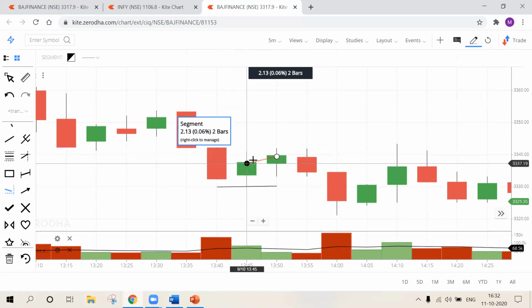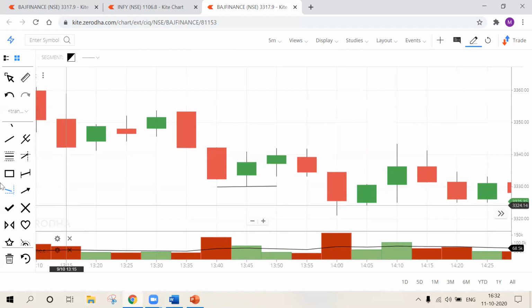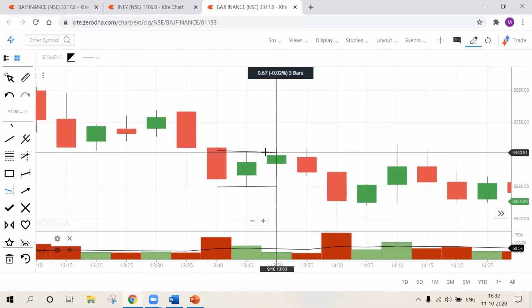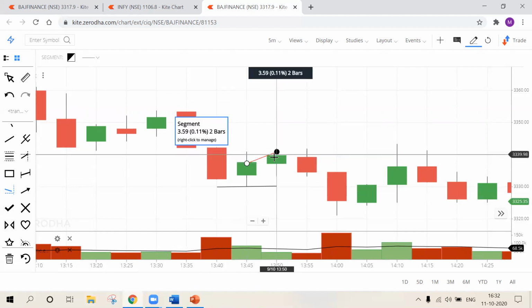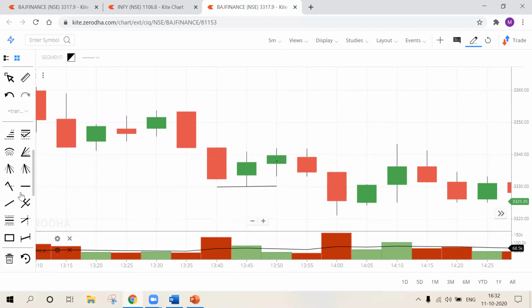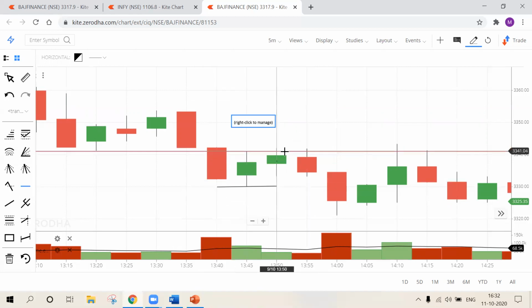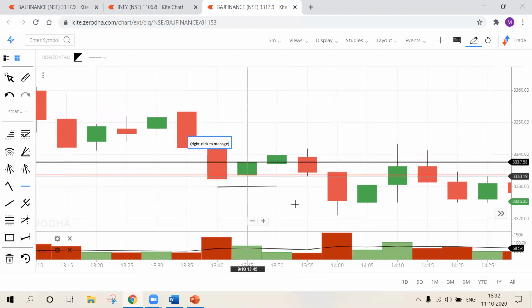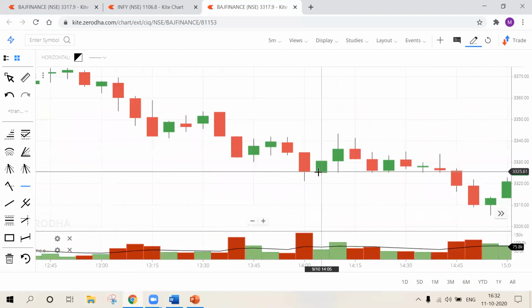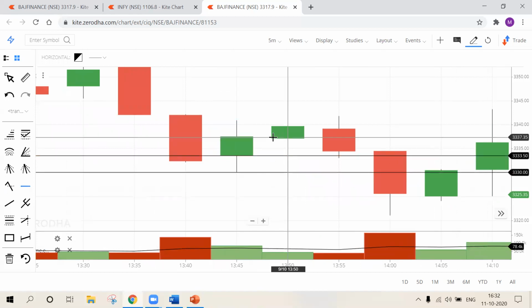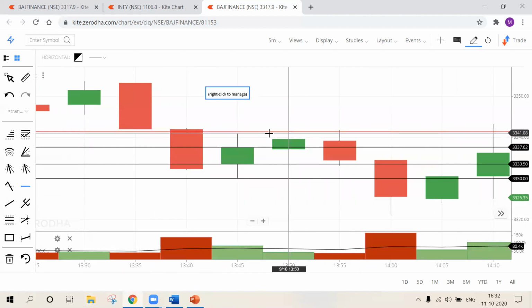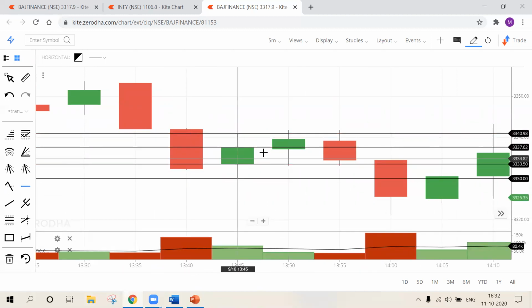From this point, they pushed the price downward till here. From here, they pushed the price till here. So this area is nothing but the fighting area where opponents won. Now wait, I'll divide this candle into 4 parts. This is part 1, this is part 2, this is part 3, and this is part 4. I'm talking about this candle.